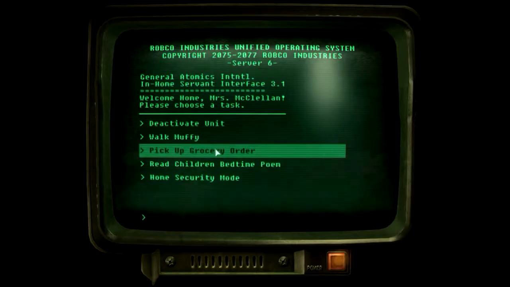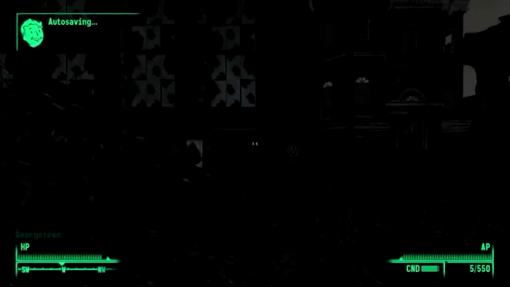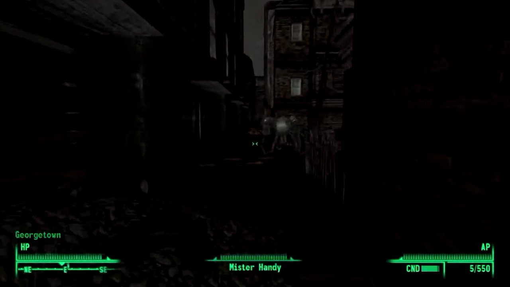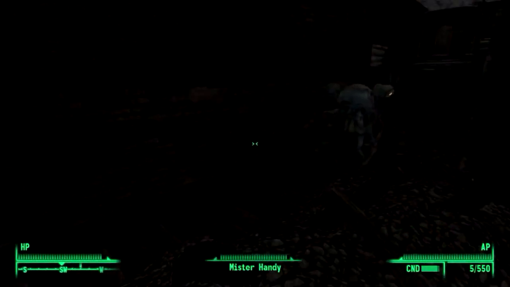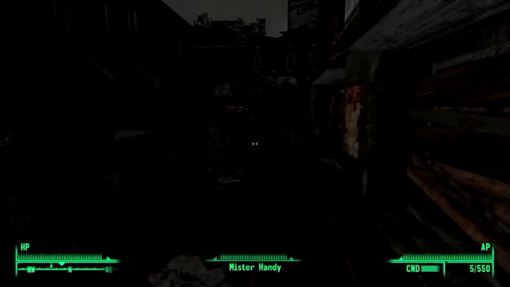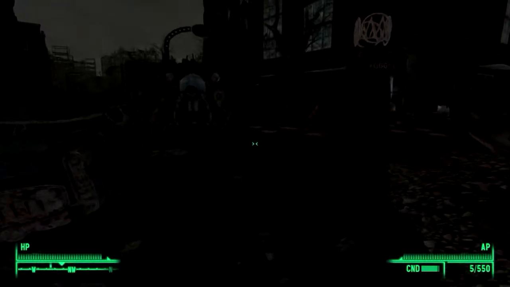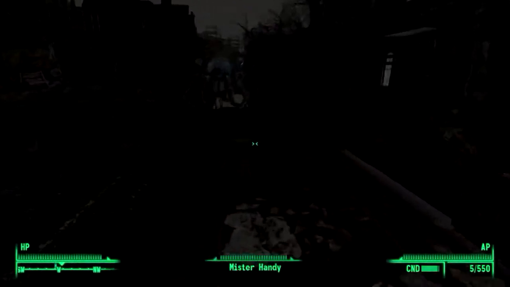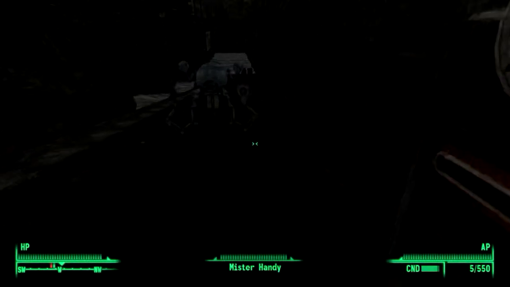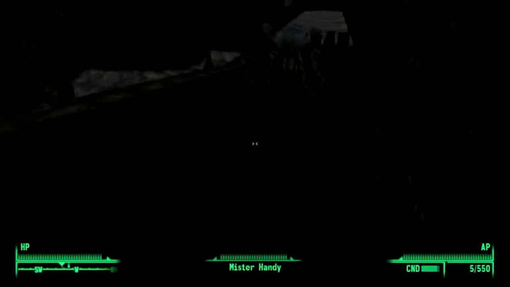Now, pick up grocery order. Traveling to McGurdy's Grocery. Basically, you give wireless commands to the robot. Commands that were things that he was tasked with doing back when the family was alive. And the robot goes around and does them, because the robot thinks the family's still alive. He can't tell. The atomic apocalypse happened while he was deactivated, and he hasn't yet realized that...